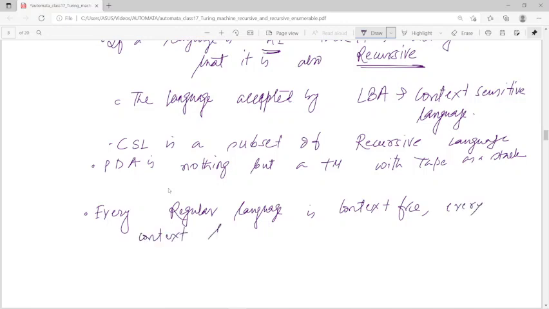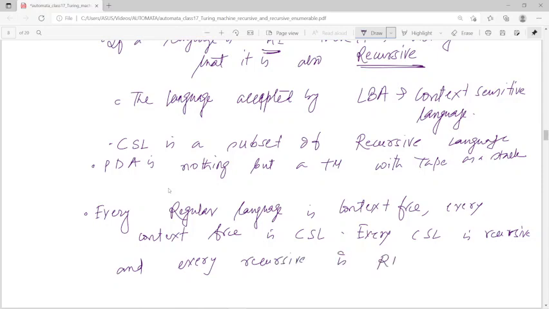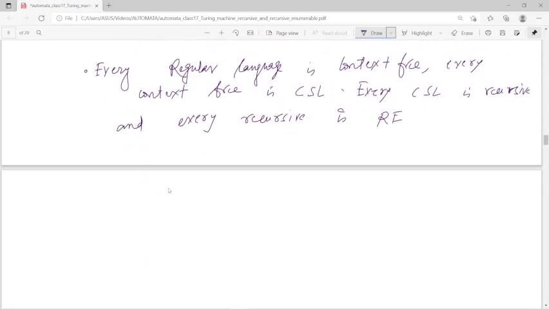Every context free language is context sensitive language, and every context sensitive language is recursive, and every recursive is recursively enumerable. That means if we draw a diagram, this is the corresponding finite automata,